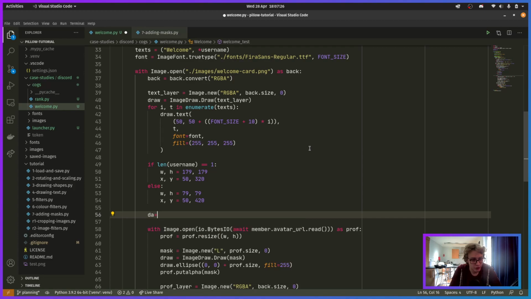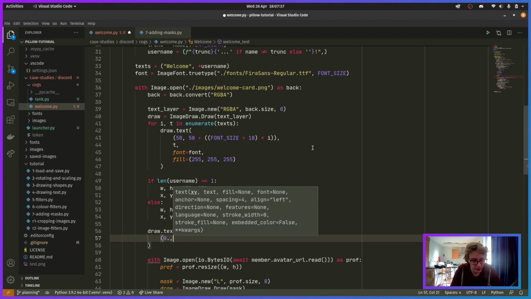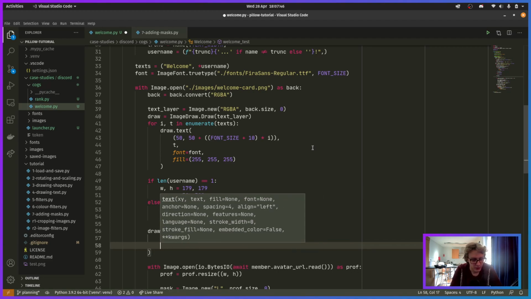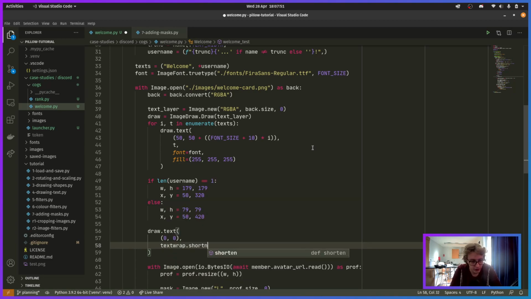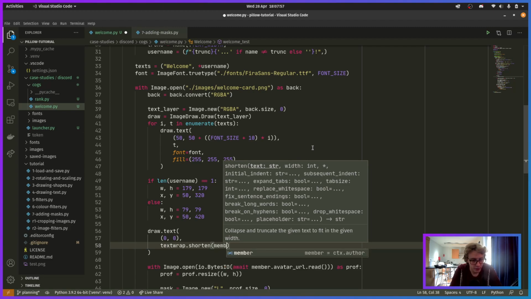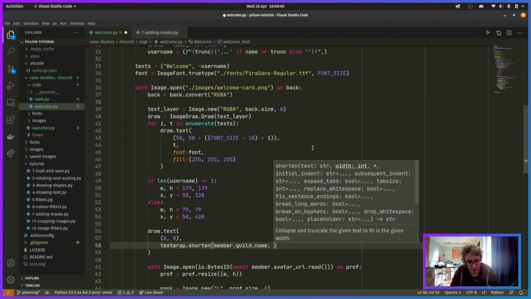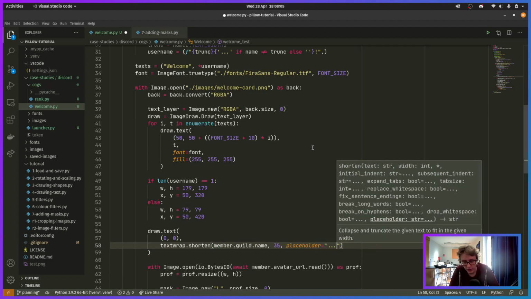So draw.text. Then we want the member, so we'll just have it like 0, 0 for now. And we'll have a text wrap dot shorten, width equals, I really don't know, but we want member.guild.name, the width maybe 35, and then placeholder equals ...